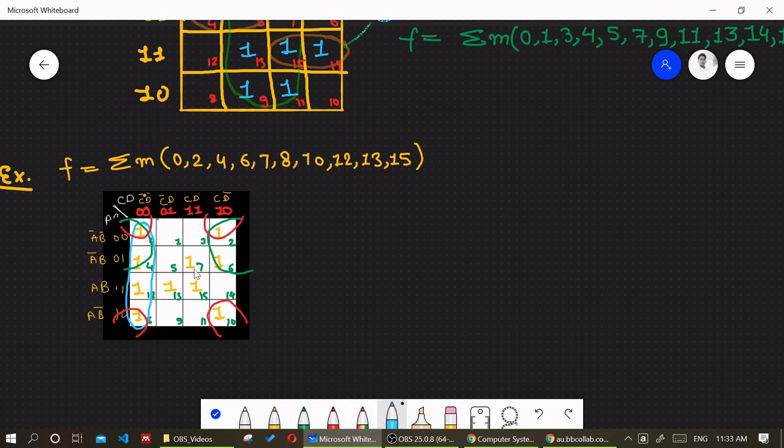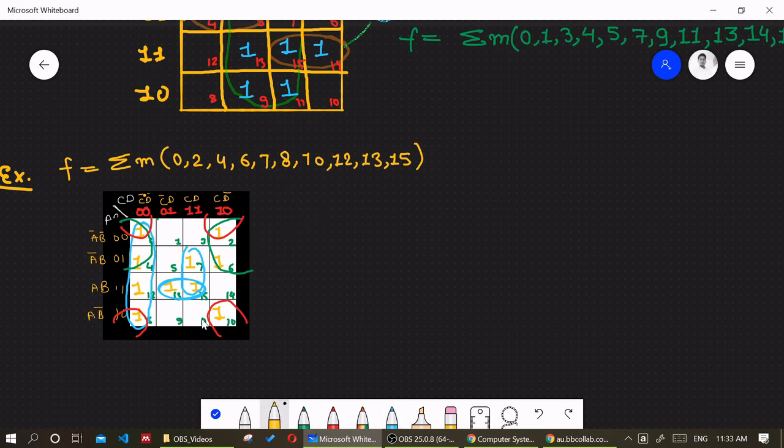Now we are left with these 3 ones. They can form a group only. So this can be one group and this can be another group. We can have other possibilities, like grouping them like this, like this, like this. So this will be minimal, but yes, this will not provide the unique answer. We can group them also like this. So answers can vary in the case of K-map based on your grouping order.